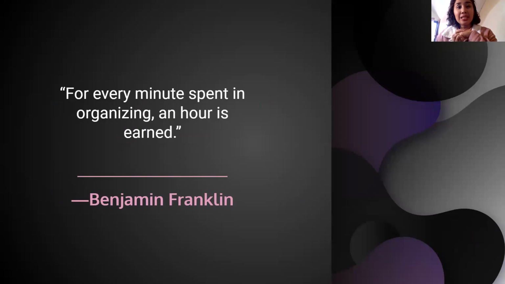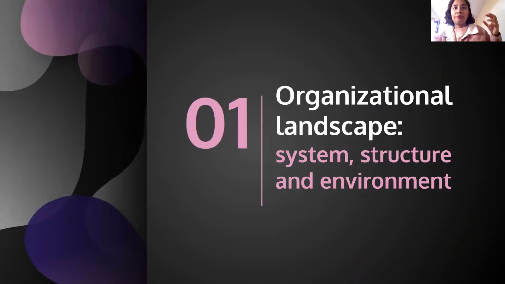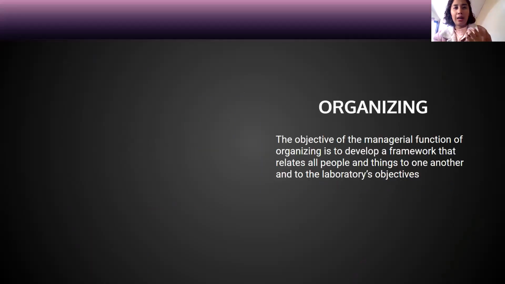Okay, so organizing, guys, could be a very difficult job because you have to be systematic in an organization. It's like a machine and it has many moving parts. So you have to organize these moving parts so that the goals or objectives are achieved together. So I think this is good if you're going to be a CEO one day. Okay, so let's learn about the organizational landscape.